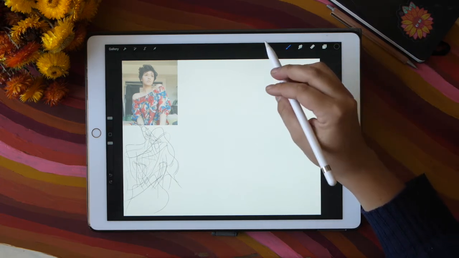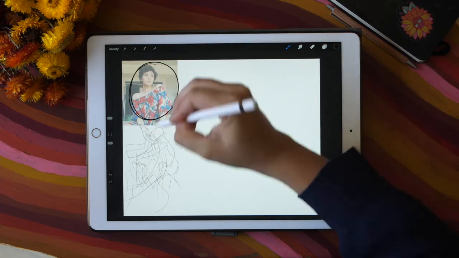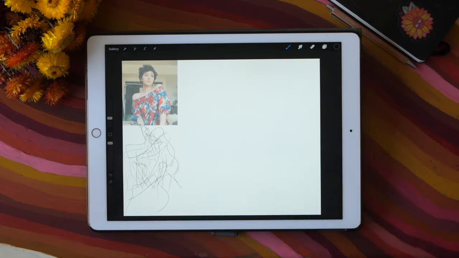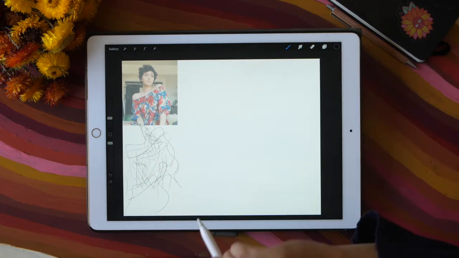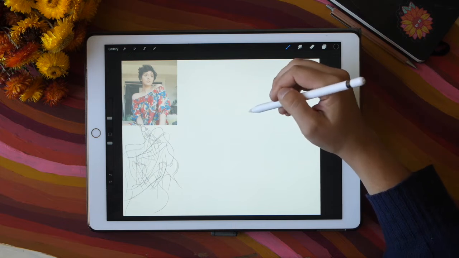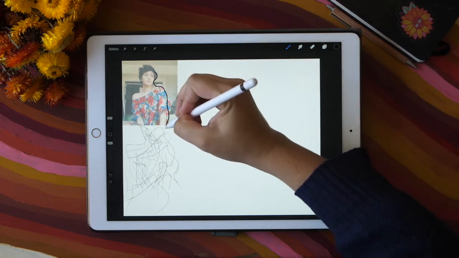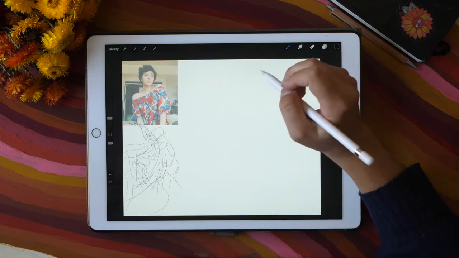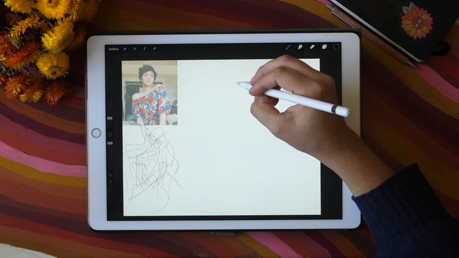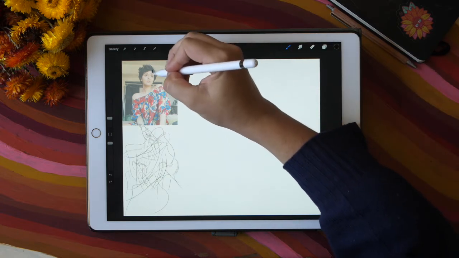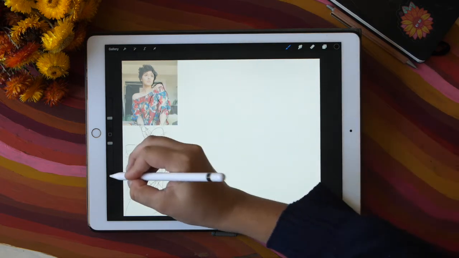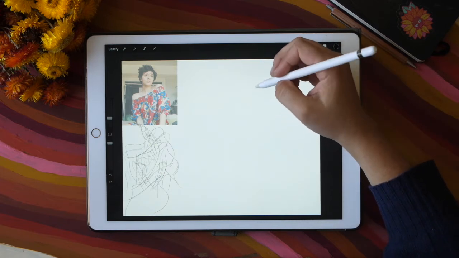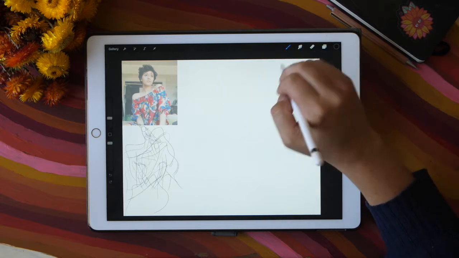So what I'm going to do here is focus my eye only on the image and not look at what I'm drawing. Because it's so close, I'm going to be able to see what I'm drawing, but my eye is going to be mainly focusing on this. And a tip I'm going to give you is I find it easier when you don't lift your pen off the page, and you basically just trace the outline of what you're doing with your eye. And I find that usually works better for more proportionate images, and it also keeps you wiggly and swirly and